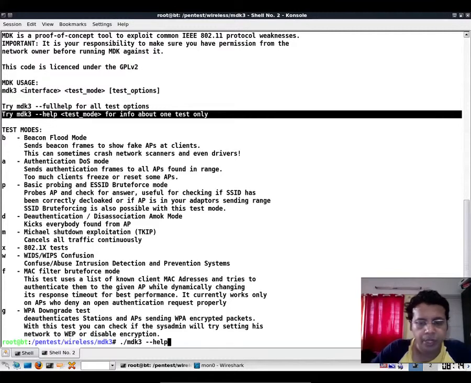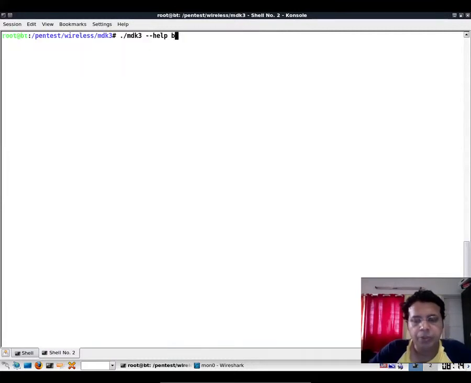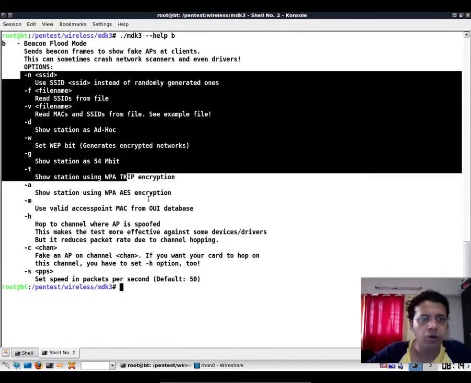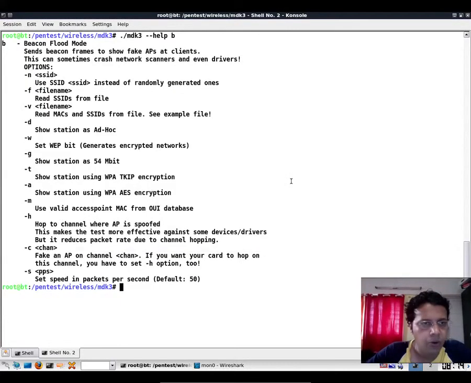Can quickly do a help with the B option, right? So this tells us the various options we have along with the beacon flood. Now, various things I would encourage you to explore this documentation and try out various ones. I'll take one case in which we can specifically go ahead